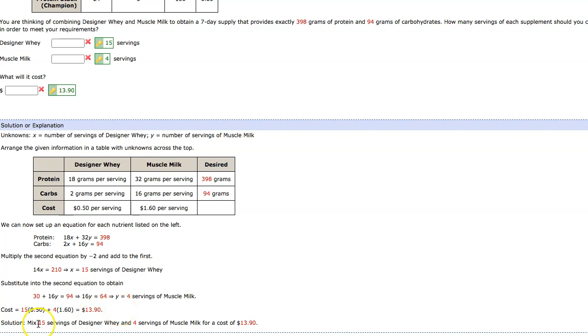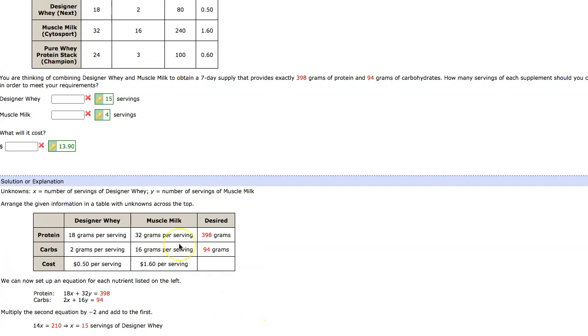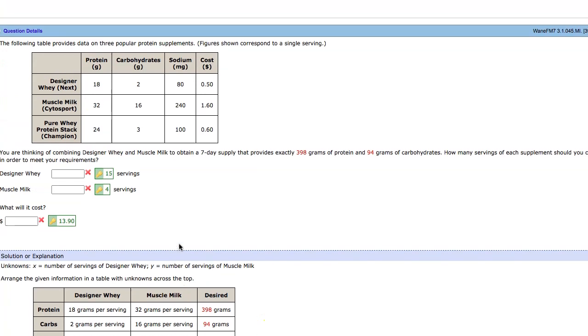So the solution: we'll need to mix 15 servings of the designer whey and 4 servings of muscle milk for a cost of $13.90. So what have we just found here? The original question was, we were thinking of combining designer whey and muscle milk to obtain a 7-day supply that contains exactly 398 grams of